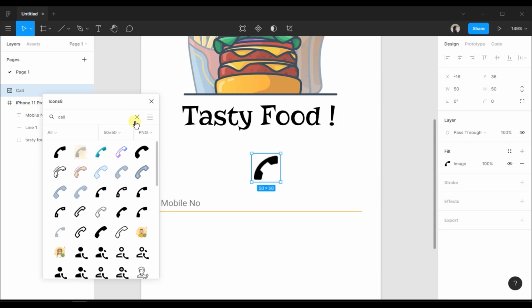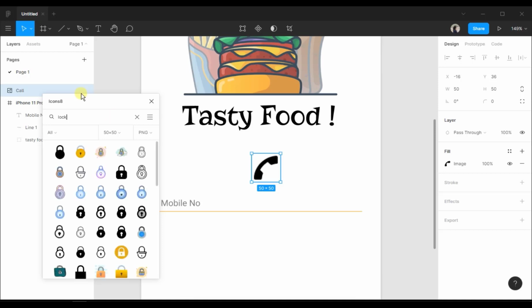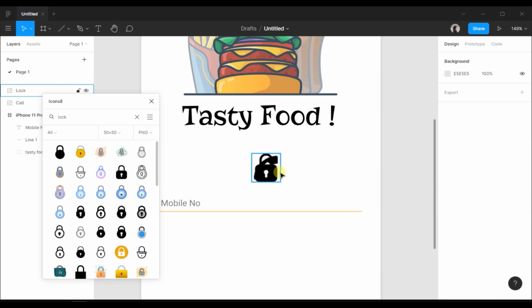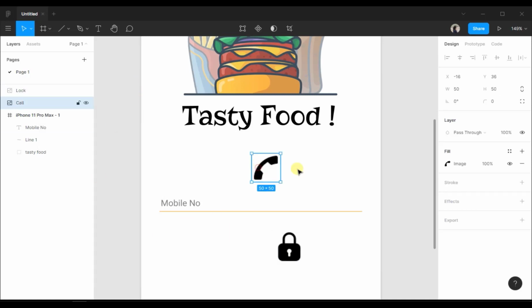And also we want an icon for the password option, so type lock and let's take a lock. Cool. Now let's adjust the size of this icon. Visibility will be 50.